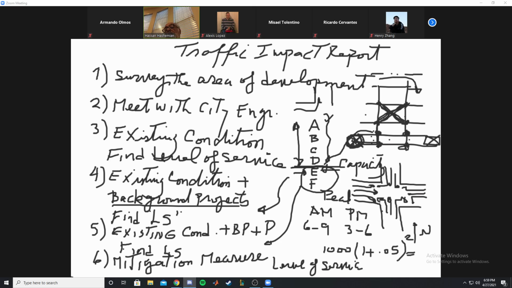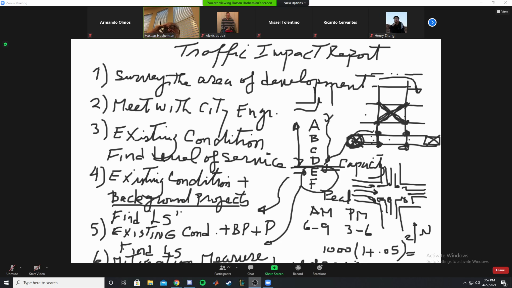So you have to do that for each project. For instance, I did the traffic impact report for the City of Valencia a long time ago. They were building 3,000 homes. But at the same time, there were 28 developments happening in those areas. So I had to do the analysis for 28 developments, adding all that number, all the volume of the traffic they generate, and so on. And then at the end, come up with the traffic impact report. It was an extensive report that I worked on for almost 6 months. But I hired most of the students from